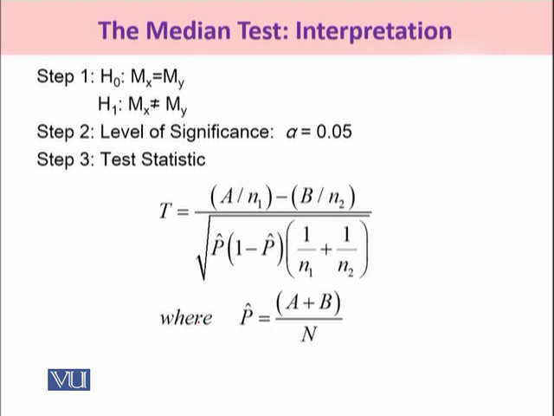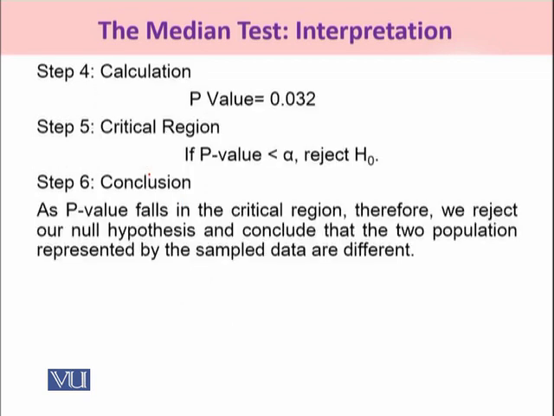The first pair of hypotheses is that the two population medians are the same, and the alternative is that they are not the same. Whereas alpha is 0.05, the test statistic is T, and under this you have followed the median test. The output that the SPSS window provided, you have reported that P value as